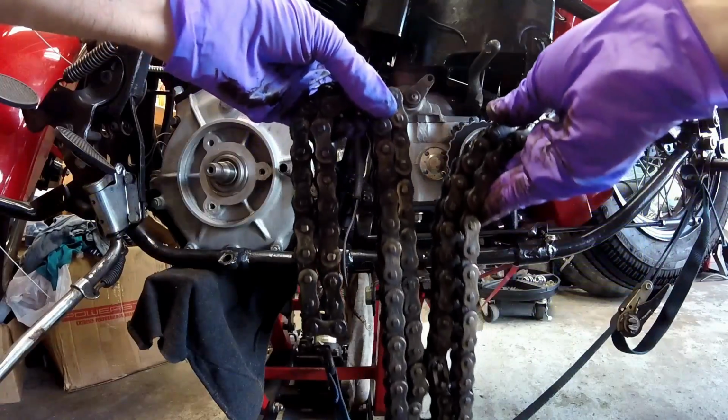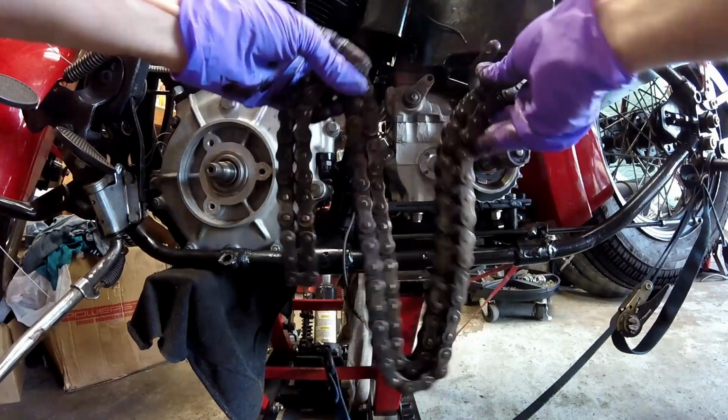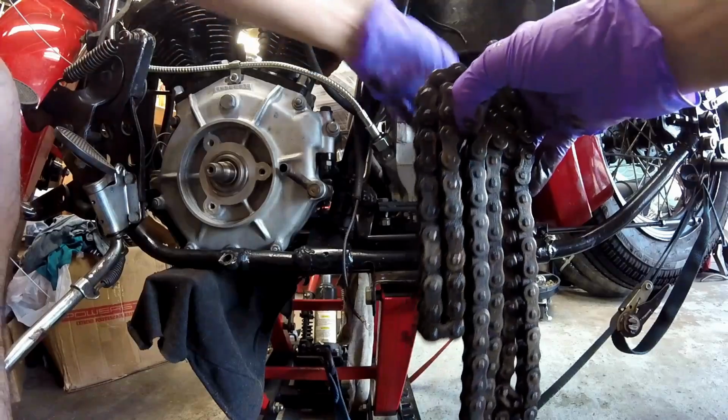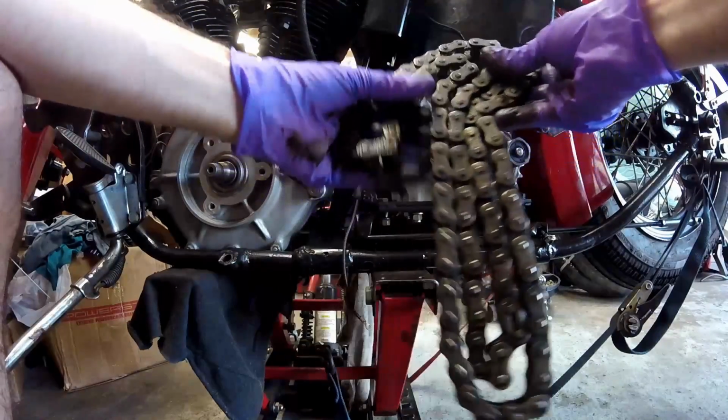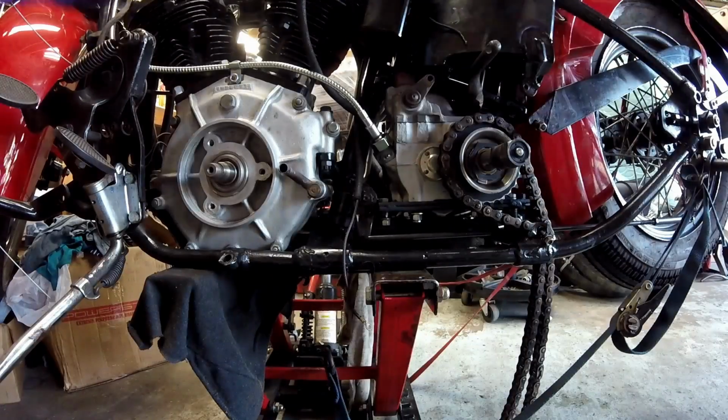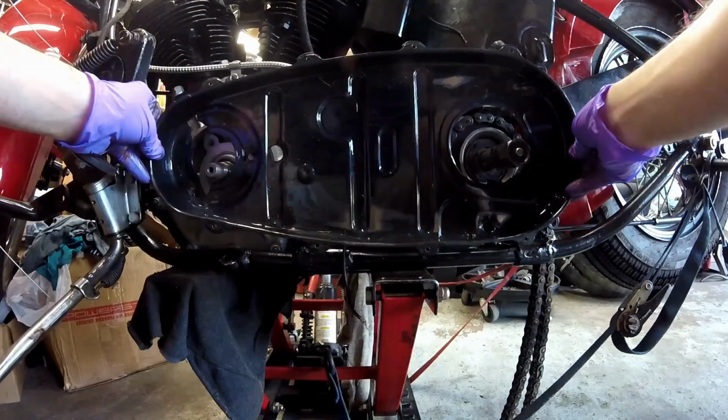One of the first things you want to do anytime you're putting a primary back together is put the chain on first. Because the primary covers the sprocket, you've got to put the chain on first, or you'll have to open the master link and feed it in. Now that I fed the chain in, I'm going to check out what I need to do to put this